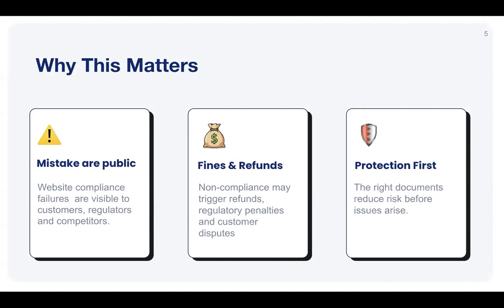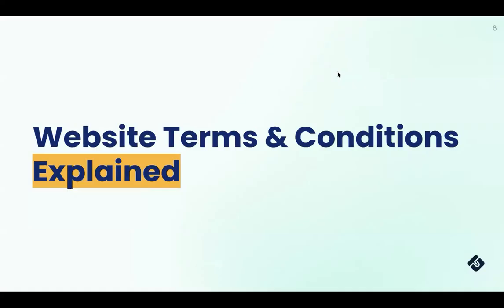Having a really well-written policy that's clear not only prevents matters escalating, it also spells it out for your customers and avoids other consequences that might come, like chargebacks. And then there's protection as well. To ensure that you're in the right place, having the right documents minimizes risk all round, and ensuring those documents are compliant with the Australian Consumer Law. A lot of templates, say from AI or free templates online, may be based on US law, and they may not be compliant. So it's good to check that out.